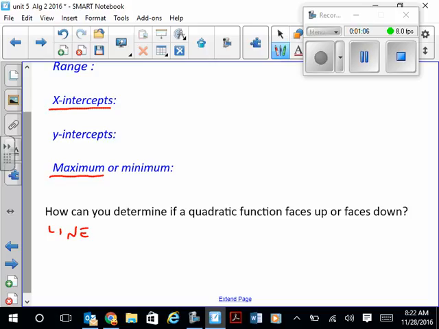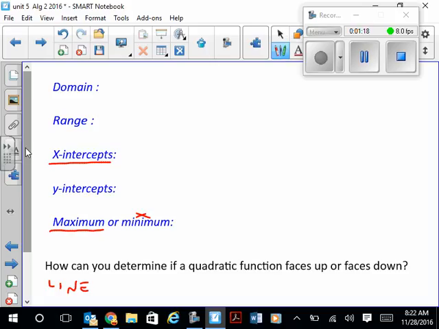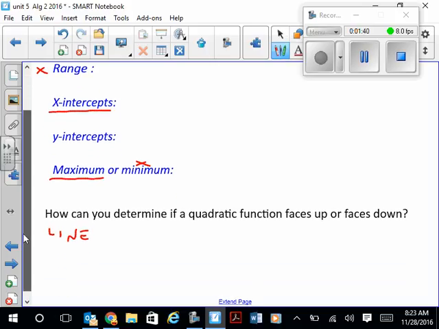The other one you want to mark is write down line of symmetry. What is that other thing? Oh, parabola. Write down parabola. For parabola, we're going to draw pictures and write down two forms of the equation that you need to know that's going to be a parabola. So for parabola,